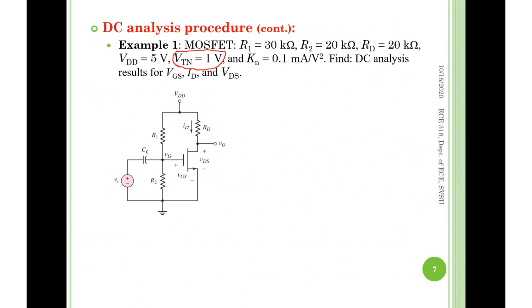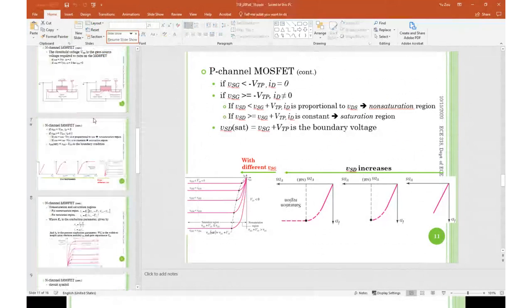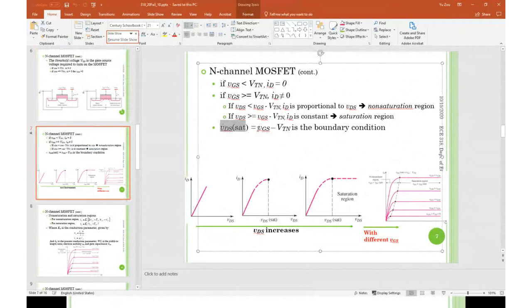ID, we're going to use it. Anyone else? Here, let me show you. When you look for the boundary, you see it? VGS is something you already obtained. The VTN is something given. On the boundary,